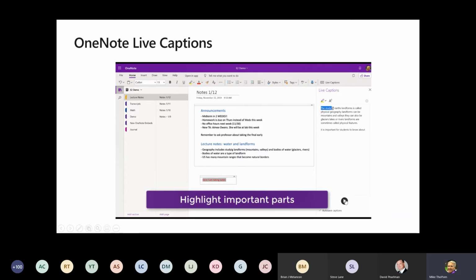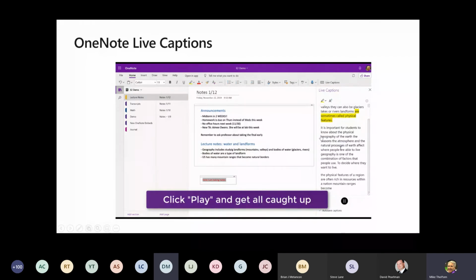So little Preston paused the caption stream. He's like, oh, Professor Mike said something important. I'm going to go highlight that. Maybe I want to make the text bigger. And while Preston's doing that, Professor Mike is still up front, continuing to talk. And Preston might get worried he got left behind, but no, if Preston hits play, everything Professor Mike was saying